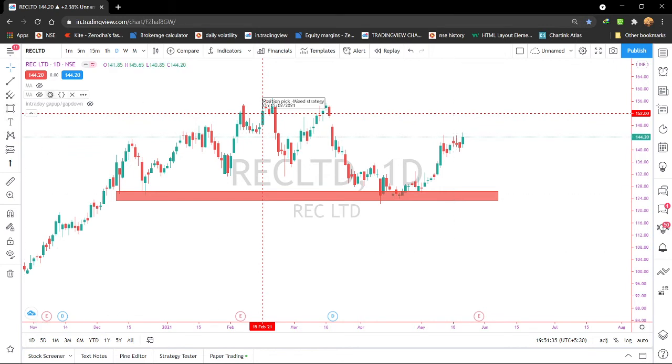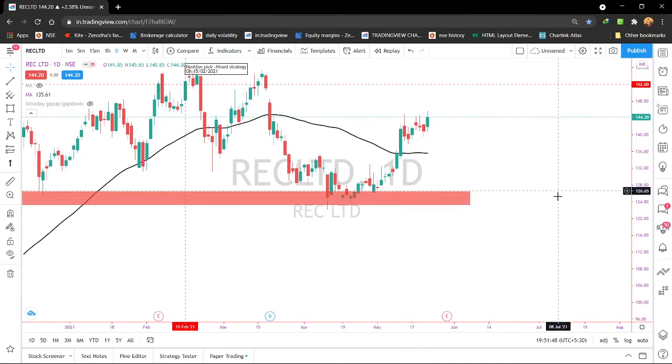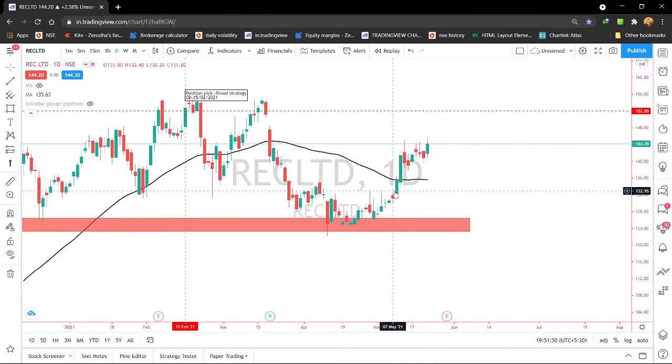Now switch on the 50 moving average. The stock has crossed below the 50 moving average. It has taken support, and we have to wait until it crosses above. Okay, on May 10 it has touched it. Then on 11th May we will go to the 1 hour time frame. This step is for the swing traders who hold it for 6 months, 1 year, or 2 years.